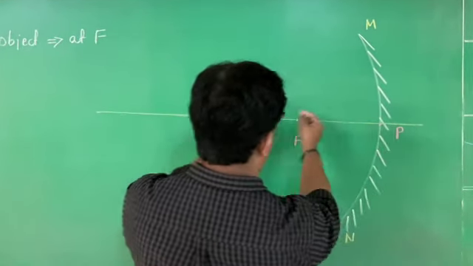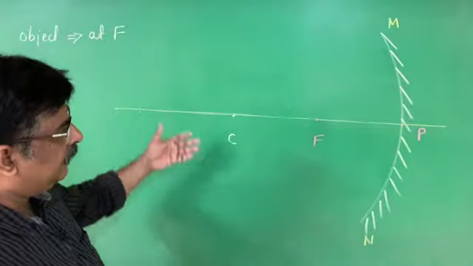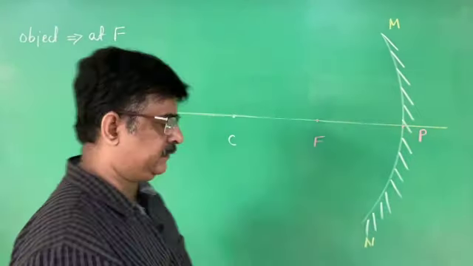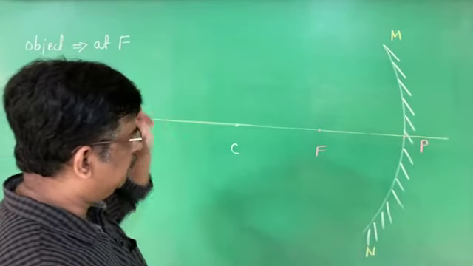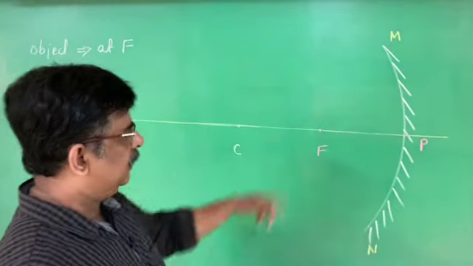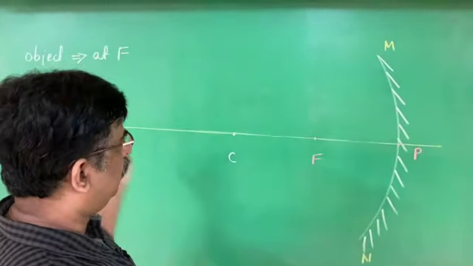You can even find the midpoint and write it. There is no problem in that, but it is not required as far as SSLC is concerned. Now, this is the condition. This much is a must for all ray diagrams. Now, we have to keep the object. Where is the object placed?